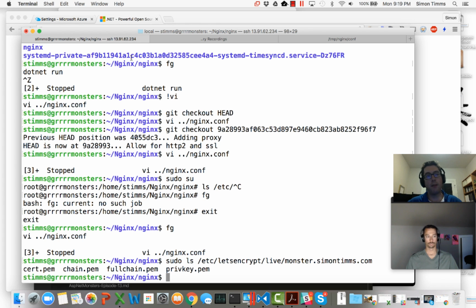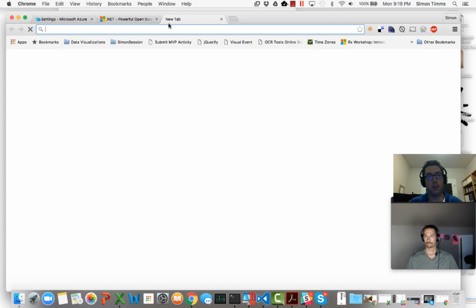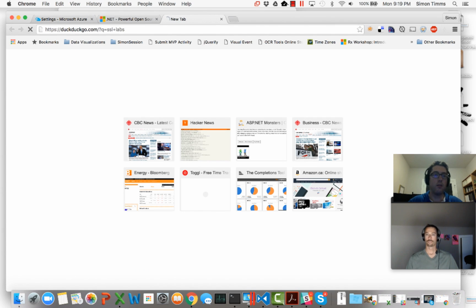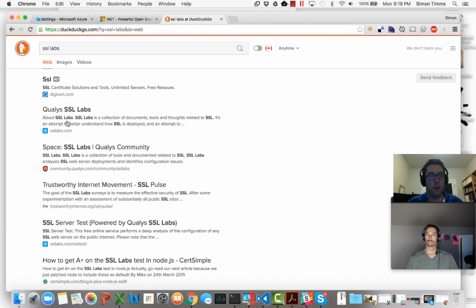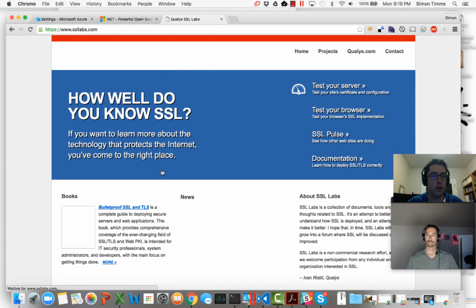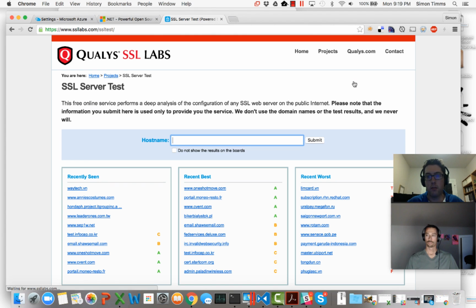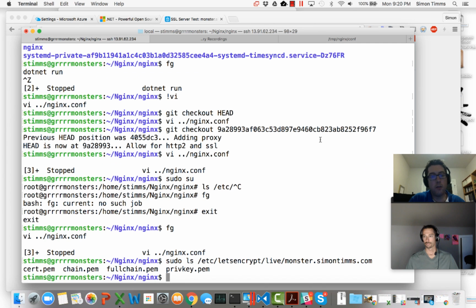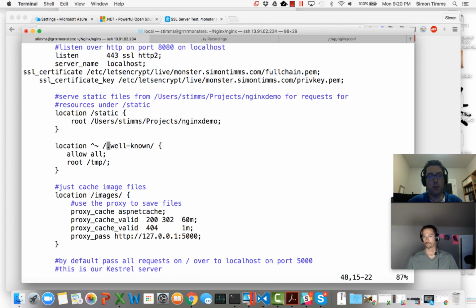I would imagine that if I went and checked the encryption that I have on this thing right now at SSL Labs, it would not do very well because the default cipher suites would be bad. So I'm just going to run a quick test on it here, monster.simontims.com. This is a fabulous tool. If you've never used it, it will tell you how good the SSL on your server is. So we'll just let that run in the background real quick, and then we'll go back to the configuration